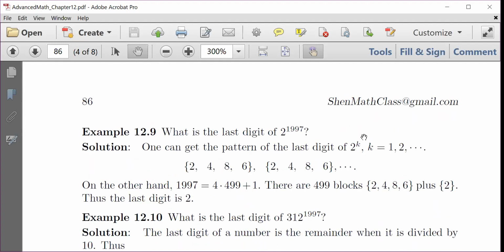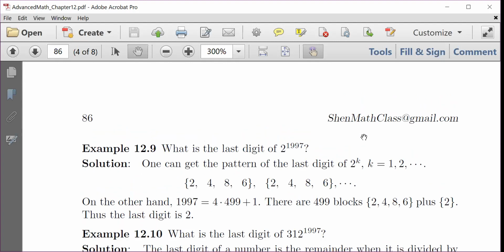All right, so the next problem is: what's the last digit of this? Can you try this? 312 to the power 1997. Right? So it's 312 to the power 1997, and then